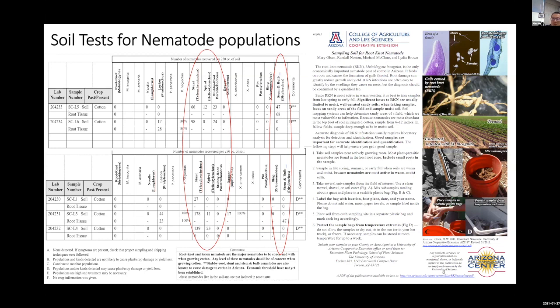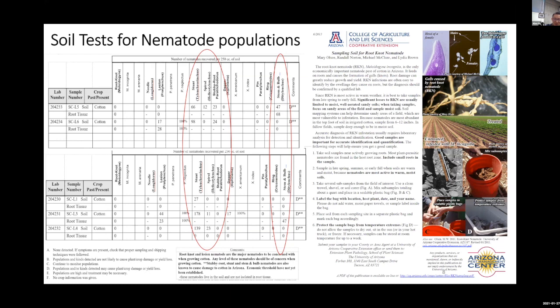So you have to collect soil as close to the root zone as possible. Also, nematodes are normally more active in warm, moist soil. After you get the soil, you have to pour the samples together, put them in a bucket, and make sure you store them in a cool environment,